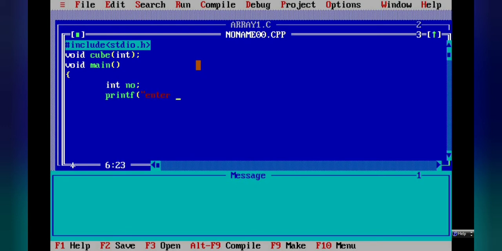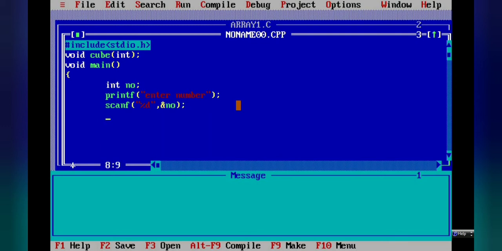Double quotation marks must be there, so delete this and put the double quotes. Then with scanf we will store that value: scanf, %d, and number, semicolon. Now we want to perform the cube here.